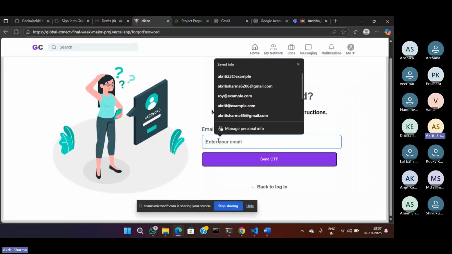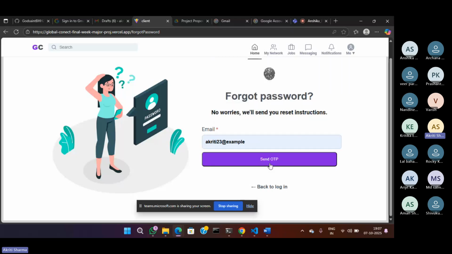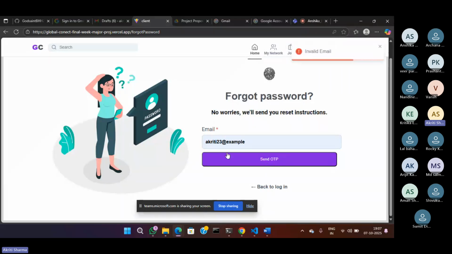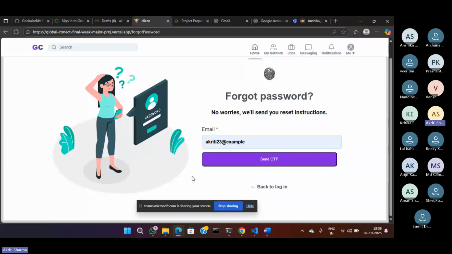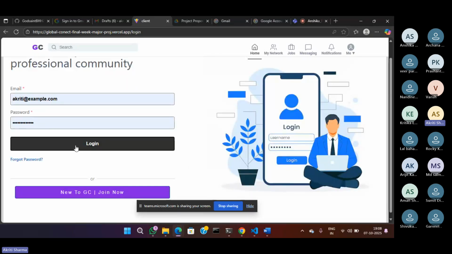If we enter an email in this section, it sends the OTP to the user. It is a dummy Gmail account, so it will give an error. We have the functionality to enter the email ID, and then it sends the OTP to the Gmail account, and then if we want to create a new password, we can create it from this section. So I simply log into this account,